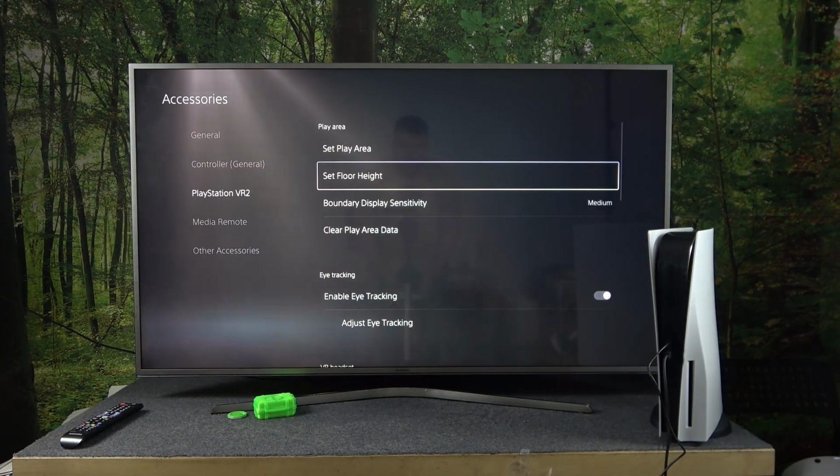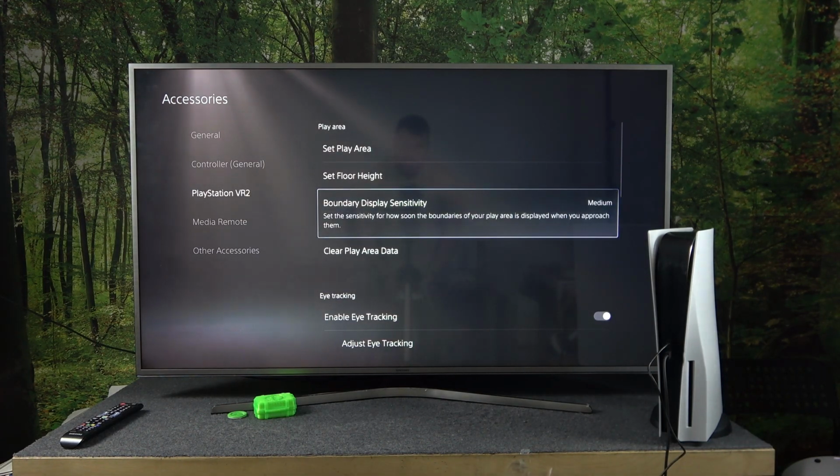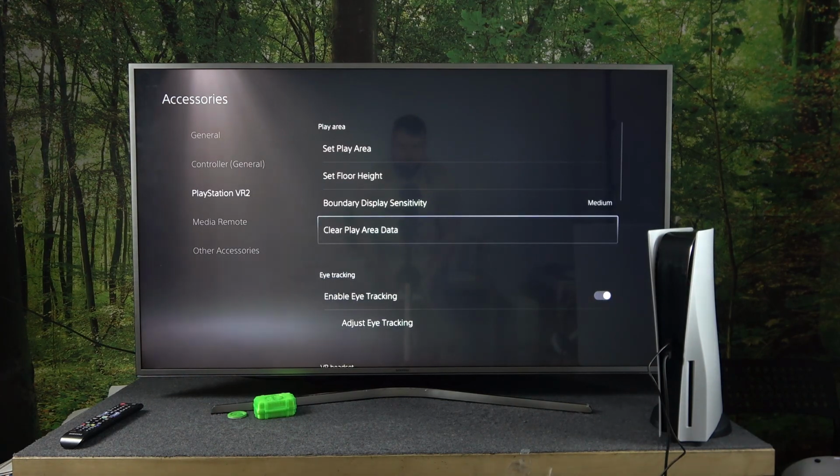you can set floor height, adjust boundary display sensitivity, clear play area data,